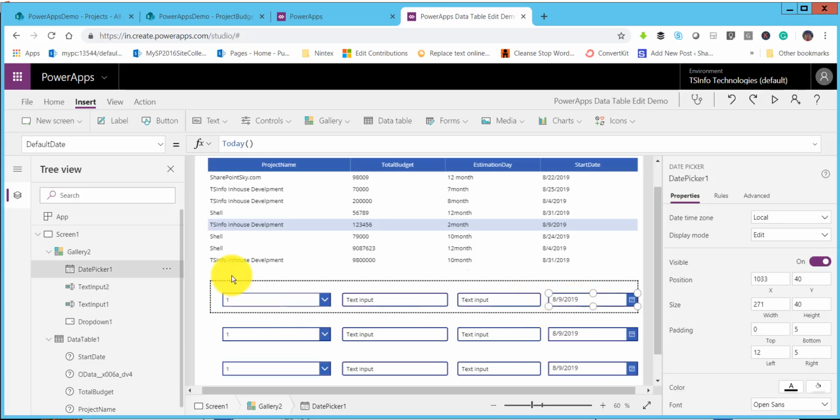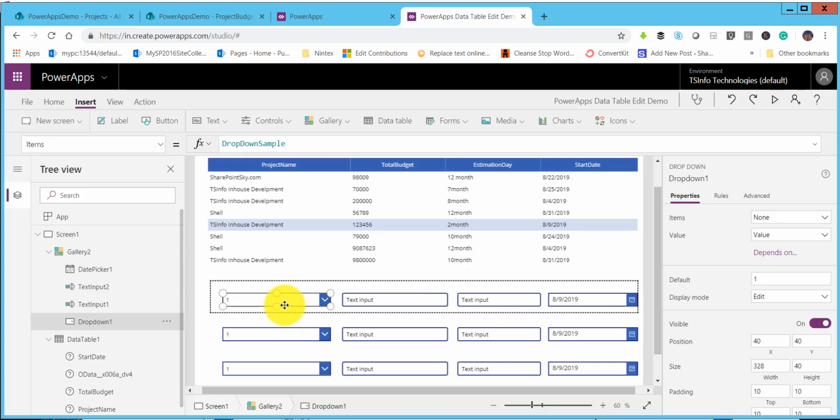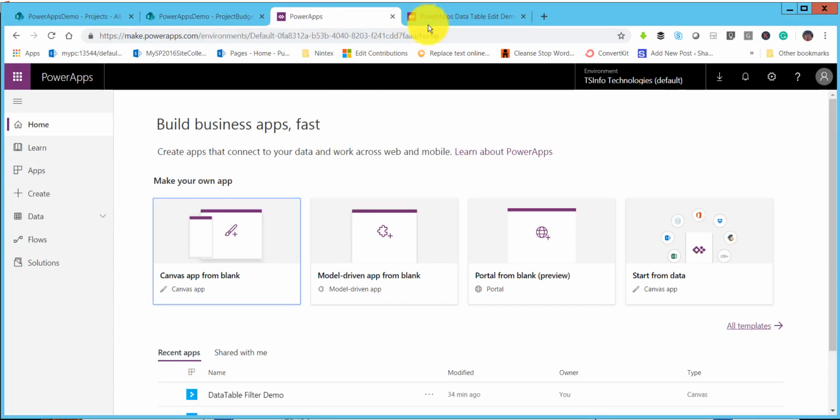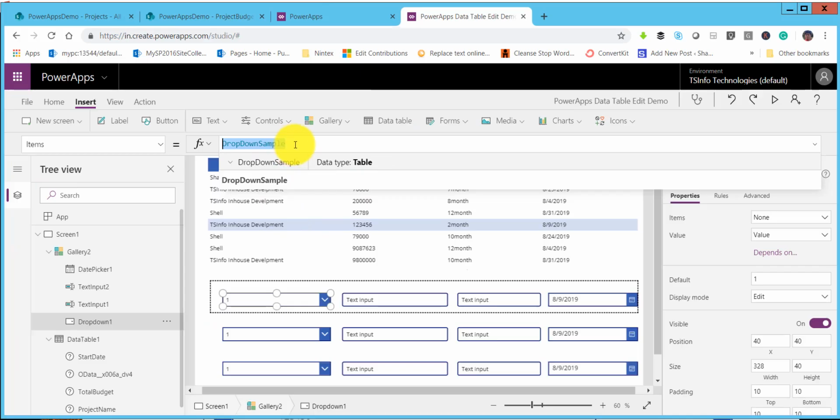And now what we will do is we will now configure things over here. So I will select the first drop down, and in the items we will take the choices which are presented in the project name column from that project. So basically we will take the choices which are there in this project name. So it will take those, it will give those choice columns. Now I will say choice,